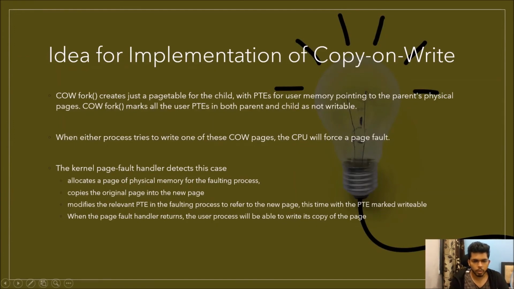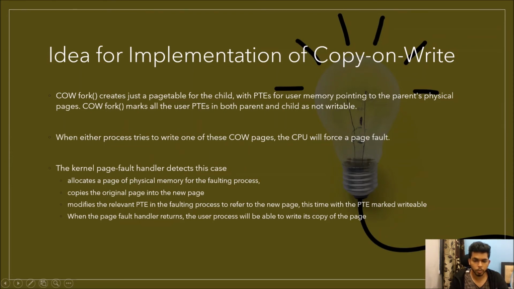Now let us try to understand the idea behind the implementation of copy on write. The goal of copy on write fork is to defer allocating and copying physical memory pages for the child until the copies are actually needed, if ever they are needed. The basic idea is that copy on write fork creates just a page table for the child, with PTEs for user memory pointing to the parent's physical pages. Copy on write fork marks all the user page table entries in both parent and child as non-writable.